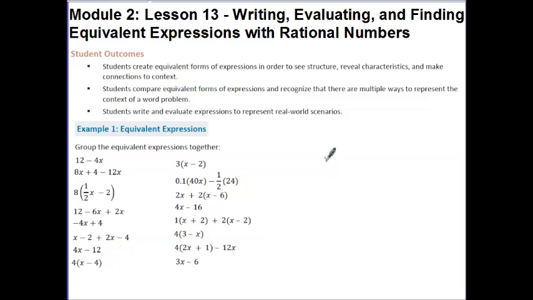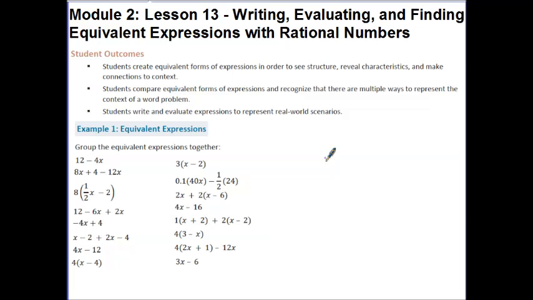In the first example, what I'd like us to do is to get some practice with two simplifying procedures. One is called combining like terms, which you were introduced to in lesson 11, and also the distributive property. We've seen the distributive property before, but we may not have seen it with x's. So what I want to do here is group the equivalent expressions together. If I want to find equivalent expressions, I probably want to look for the most complicated ones and then use distributing or combining like terms to simplify them